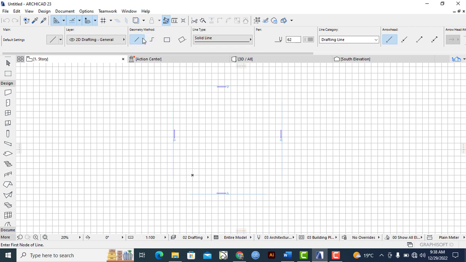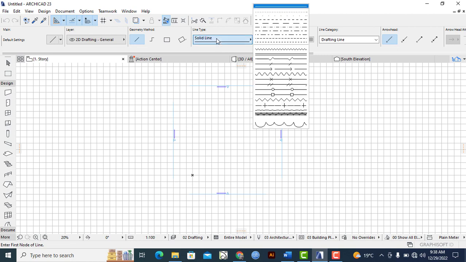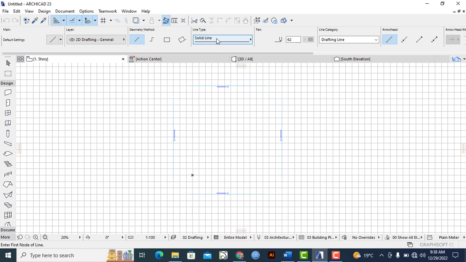Then I'll come back to the geometry method and ensure that we have the single one, because these other ones are used for complicated outlines, and the rectangle is more fixed. With the single one, I'm able to customize it. I'm able to run different lines, and annotating it will become even easier. Then for the line type, I'll use the solid line for the sake of legibility. And as far as the color is concerned,